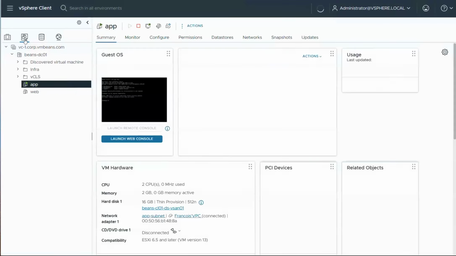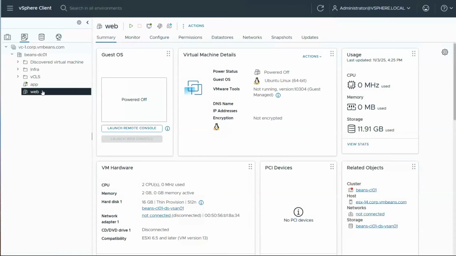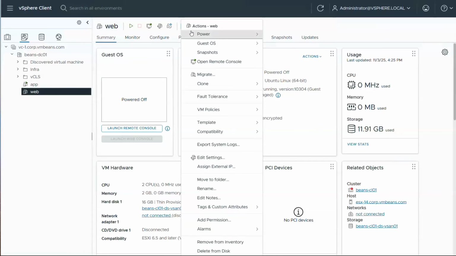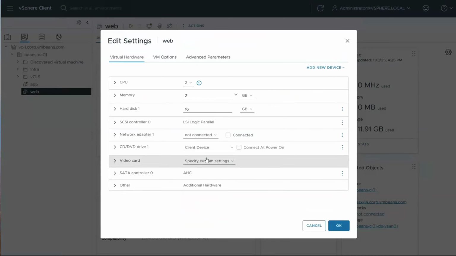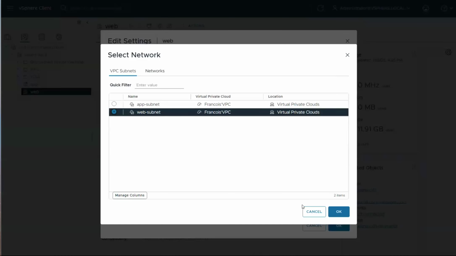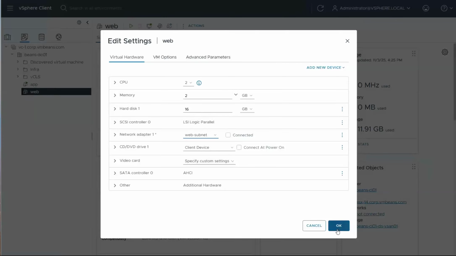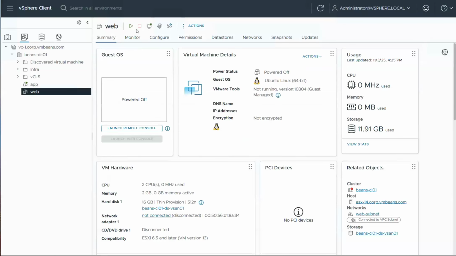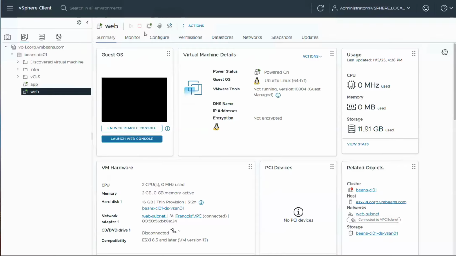So let me attach my virtual machine to this. Same operation as before. I'm going to edit the properties and attach WebVM to web subnet. Just again, like I would do to a DV port group. And I'm starting the virtual machine, and you'll see that it will get an IP address in the subnet range. Here we are. So I got this IP address 10.1.1.3. And basically that's it. I have deployed my two-tier application, and now it's a matter of checking whether it works,